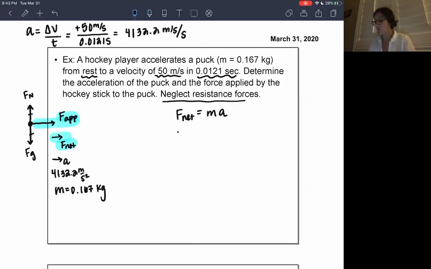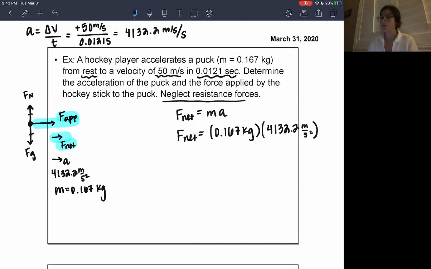So let's plug into our equation. My net force is going to be equivalent to 1.67 kilograms times 4,132.2 meters per second squared. So I'm going to plug these two numbers into my calculator, and I end up getting a net force of